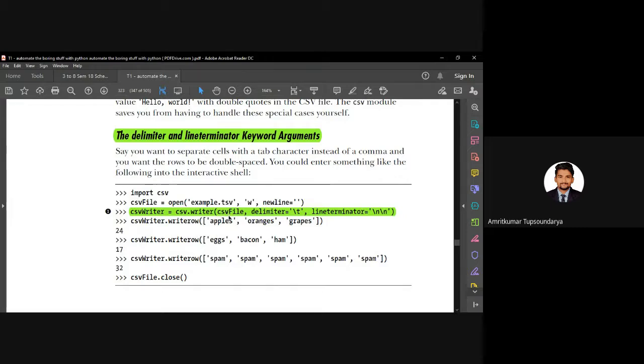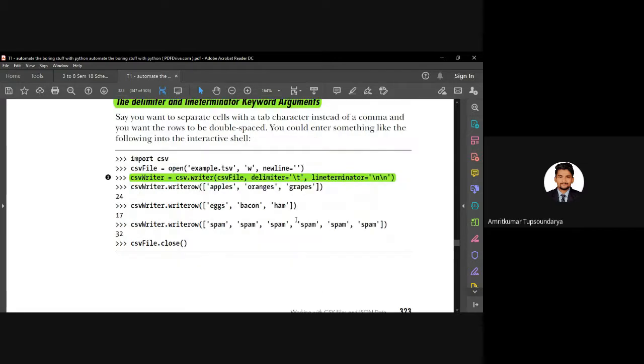First one being the CSV file itself. Second one is the specified delimiter, which in this case is backslash t. Backslash t will act as the delimiter, right? And backslash n backslash n, which is double newline, will be acting as the line terminator. So this will be our line terminator.